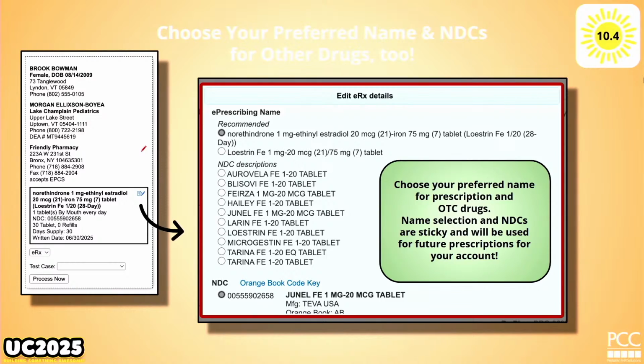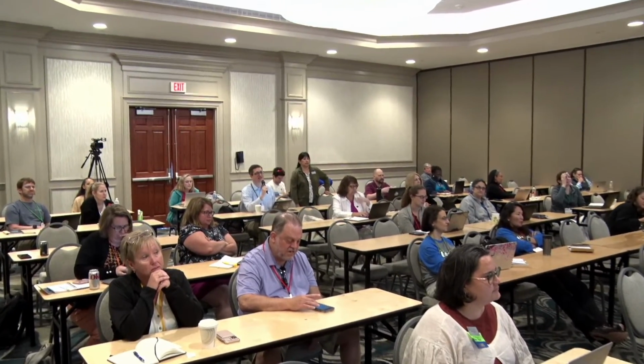Yes? So the wish is it would be great to call it Junel or Loestrin, but it'd be nice to have the generic in parentheses. So what pushes over to the pharmacy? Just the NDC that means to them norethindrone, 1 milligram, blah, blah, blah? It's the norethindrone that's coming over. Right now, today in production, it shows what's at the top. It would be that whole long thing, and it would say in parentheses Loestrin FE. And then you're at the mercy of whatever branded generic they have at the office or at the pharmacy.